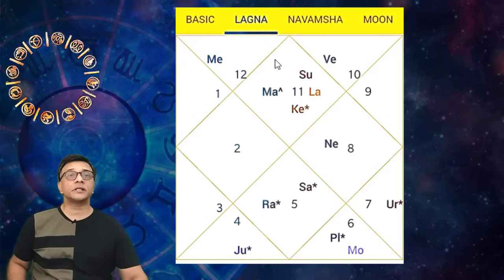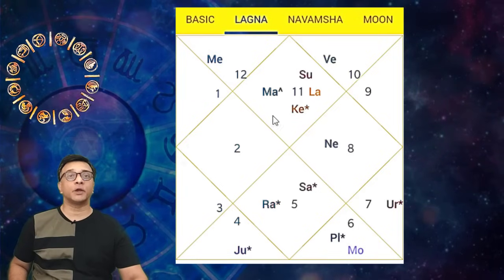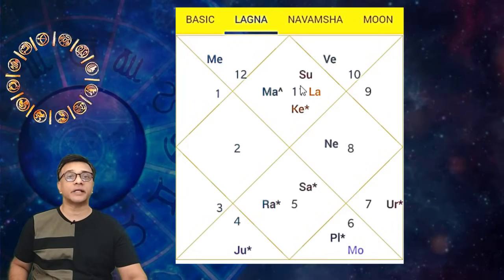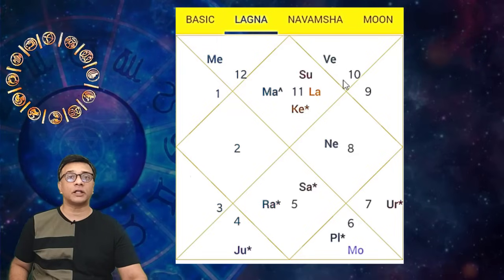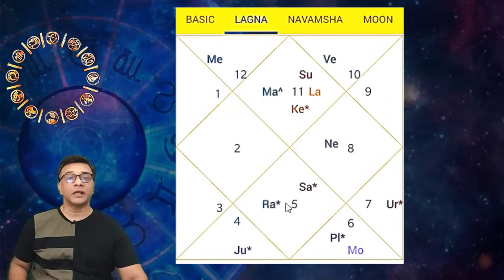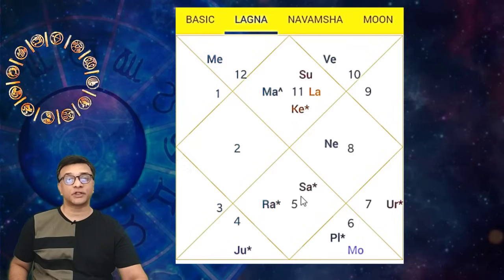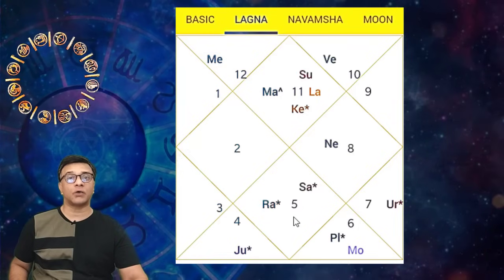Let us use a practical example, looking at the chart and seeing how this particular native's life turned out to be when you look at the Lagna and the Navamsa alone, and then the Lagna in lieu with the Navamsa combined with the Kal Purush Kundali. Now this is the Lagna chart of a gentleman, where you can see his ascendant sign is that of Aquarius, and his Aquarius lord or the Lagna lord and the 12th lord Saturn is in the 7th house and is retrograde and placed with Rahu.